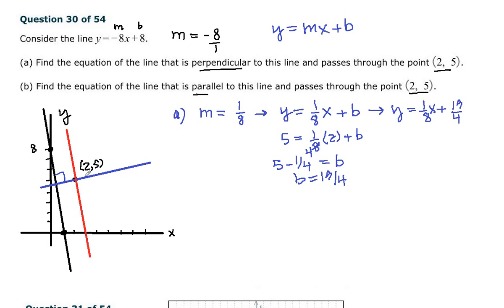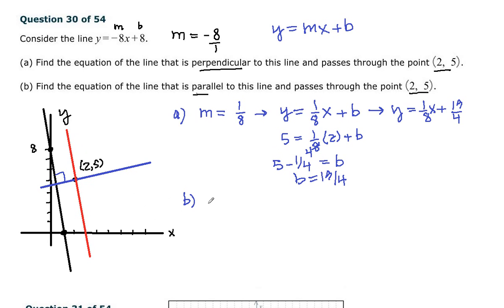So that's our blue line here. The y-intercept is 19/4, a little less than 5. 1, 2, 3, 4, 5. So that's about right. And then our slope, we rise 1, run 8 instead of fall 8 and run 1. And then part B,